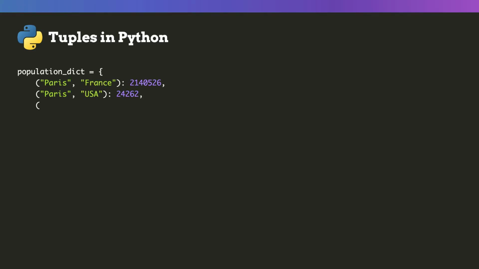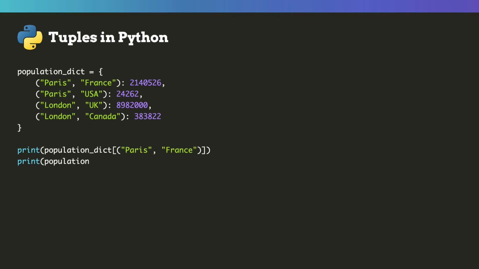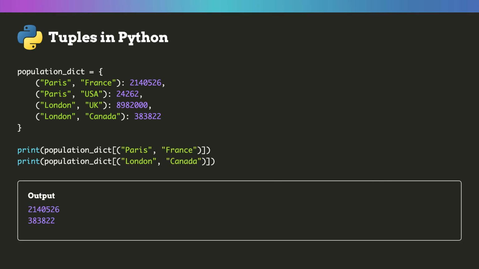One useful application of tuples is using them as dictionary keys. Remember, dictionary keys must be immutable variables. Consider a situation where we're tracking the population of cities across the globe, and we want to identify cities by their name and country. We can use a tuple containing the city name and its country as a unique key